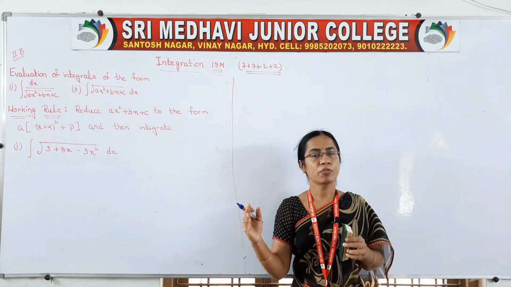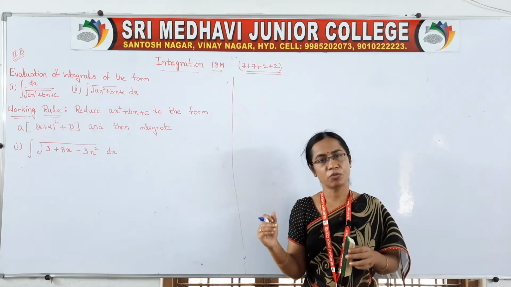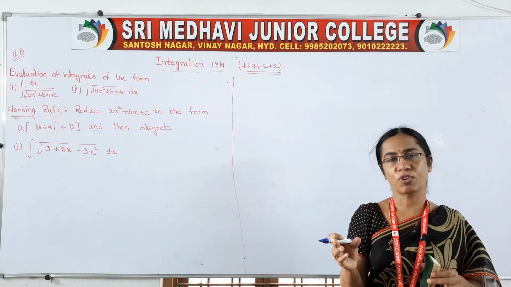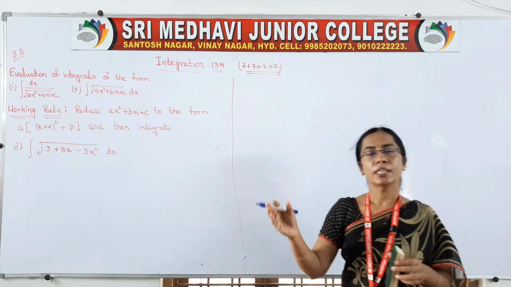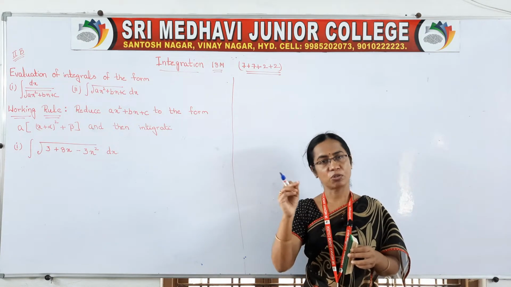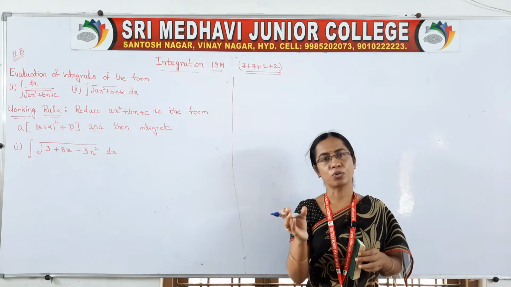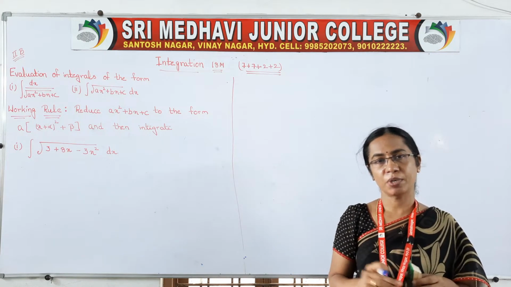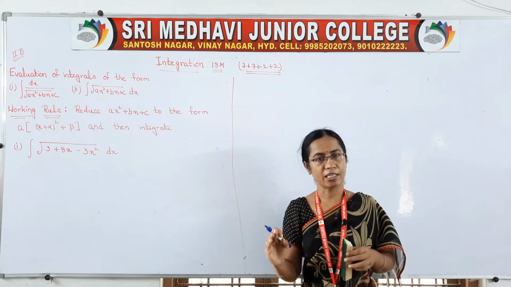So today we will go to the next method, the second method, right? The first method we did yesterday, right? It is very simple. Whenever it is in quadratic form ax square plus bx plus c, convert it into one form, then you take the integral, then we have to substitute. After that we will get the problem into some standard integral formula form. Then we apply the formula. Finally, we have to substitute the t value. That is yesterday's method, isn't it?